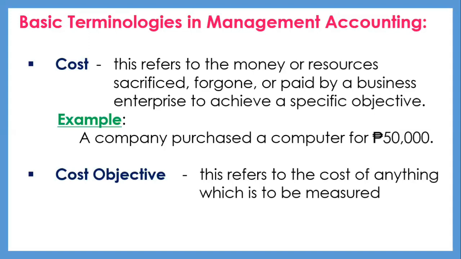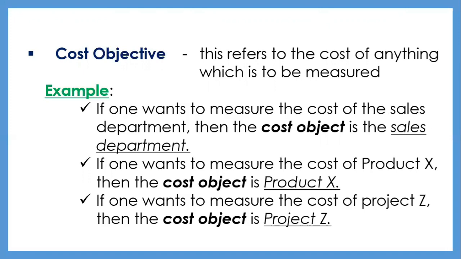Another basic terminology, we have cost objective. If we say cost objective, this refers to the cost of anything which is to be measured. A cost objective is any item such as a product, department, customer, or a project for which the cost is determined and assigned. For example, if one wants to measure the cost of sales department, then the cost objective is